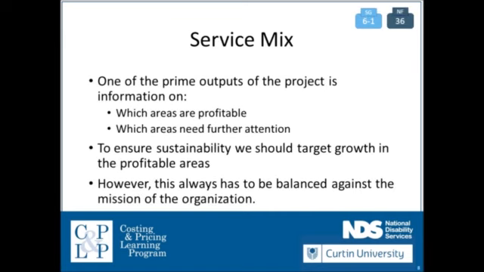The next element that I want to look at is the service mix, and I've already introduced some comments around service mix, but I want to talk more about the adjustment of service mix at this point and look at the idea of the aggregate service mix, which is really important. The proportion, as I've mentioned a number of times in this webinar, of those services delivering a positive target price gap must outweigh the proportion of those not delivering a positive target price gap in order to ensure medium and longer term sustainability for your organisation. That means at the end of the day